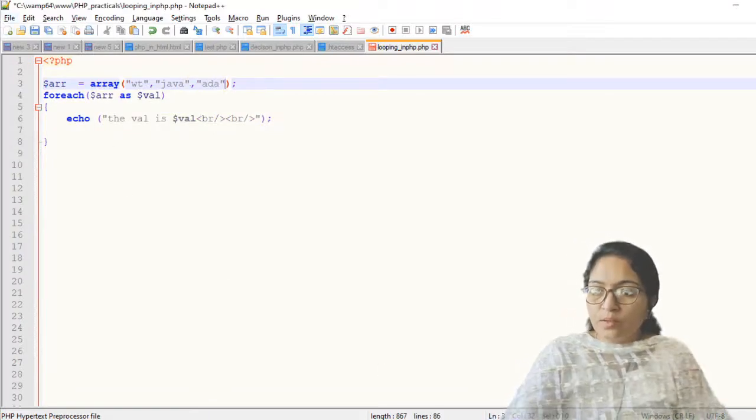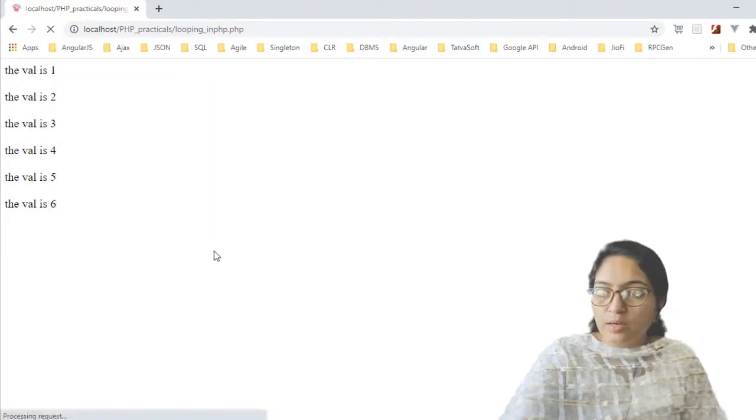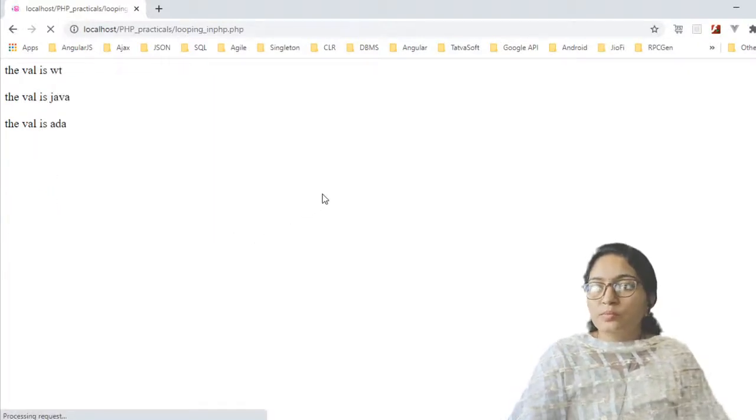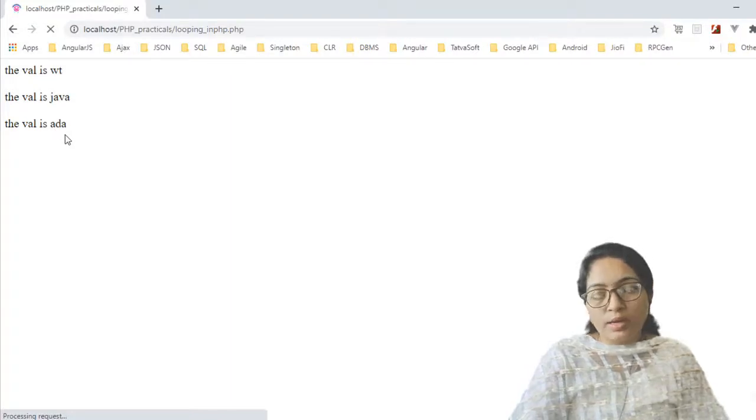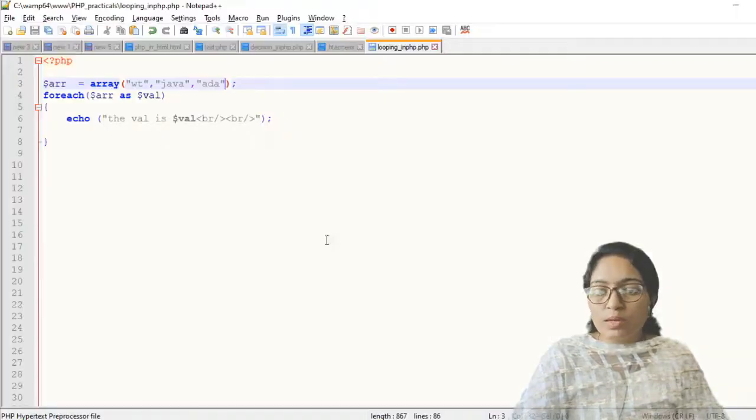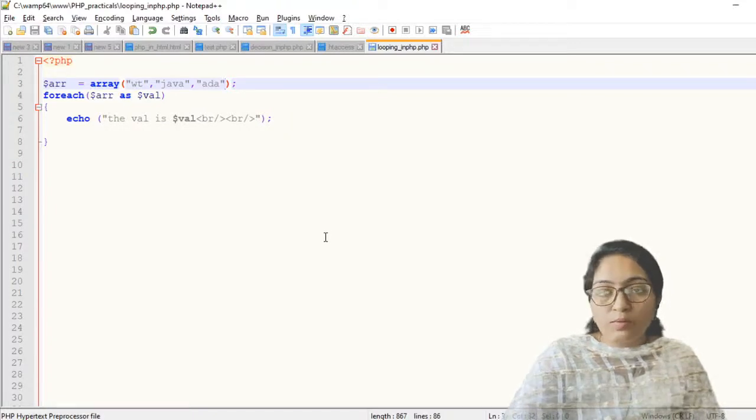Okay, now just execute the script and it will display according to the values. So the value is WT, the value is Java, and the value is Ada. So this way you can display the variables using the foreach loop.